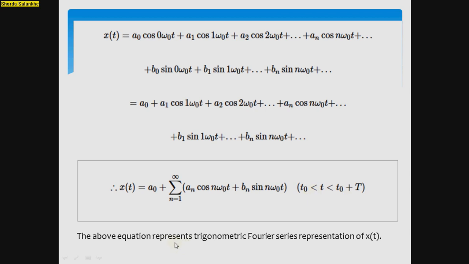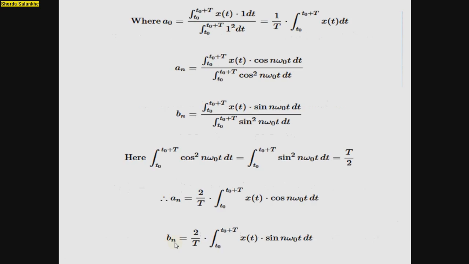The above expression or equation represents the trigonometric Fourier representation of x of t, where a0 is equal to 1 by T times the integration from t0 to t0 plus T of x of t dt. So an is equal to,